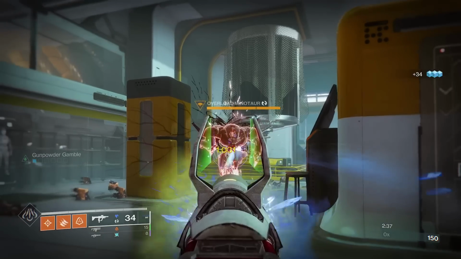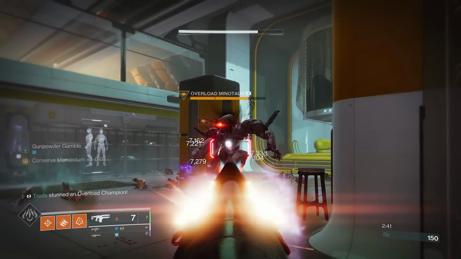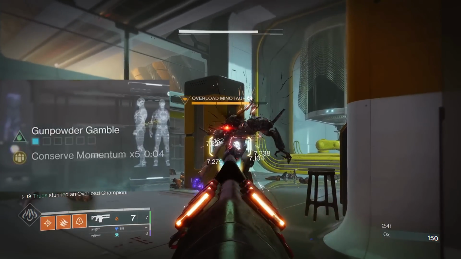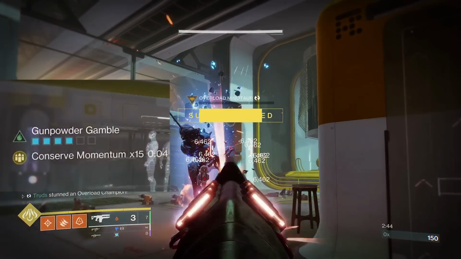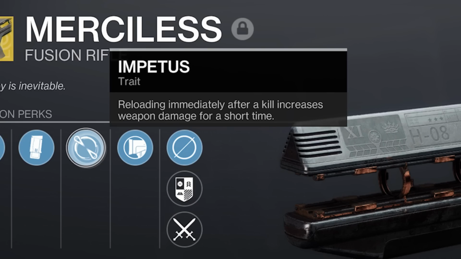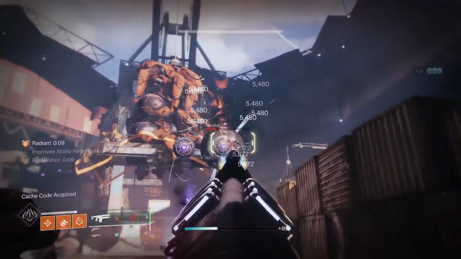Each bolt that hits an enemy now grants stacks of Conserve Momentum up to a maximum of 15. This is a 5-second timer, with each stack boosting the charge time and reload speed of Merciless, with 15 stacks granting a near instantaneous charge time. Conserve Momentum also no longer resets after a kill or on reloading, but you'll still proc impetus and its 66% damage boost it offers. It's a total yellow bar shredding machine and will absolutely melt champions and mini bosses in